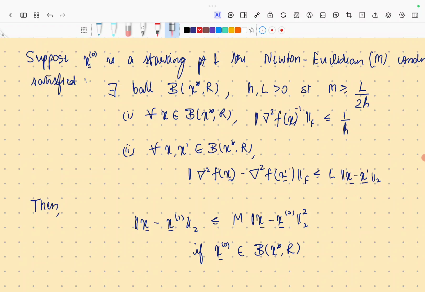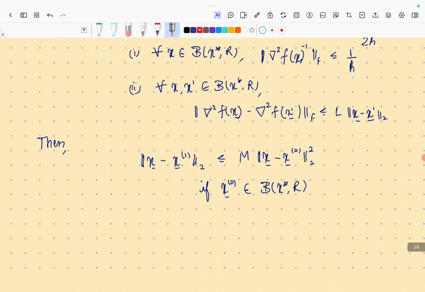Okay, so if you have these 2 conditions, then one can formally prove that